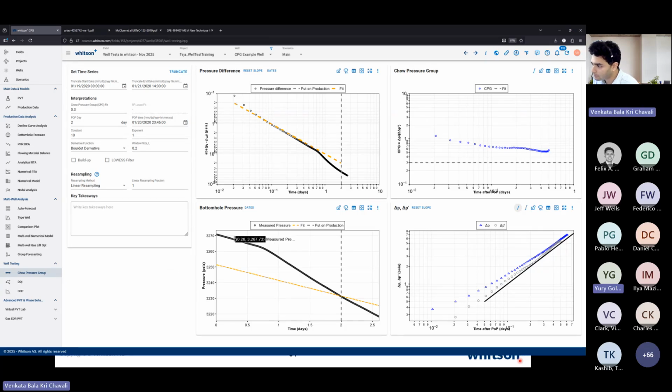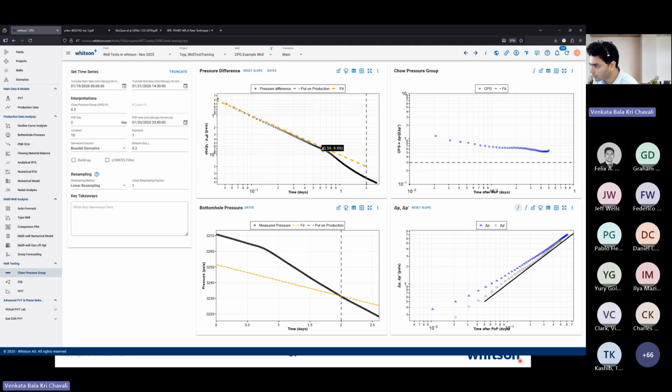Yeah, no, that's a good point. So on that first question, the recommended resolution for the Chow Pressure Group and the DQI, I believe that, given that these are 2-day tests and mainly what you're trying to infer is this change or that deviation between the prior and the post, you see how even if I throw out half the data, I might still have the same inference. Do you see that? And now this I know is a very idealistic case where the pressure data is pretty smooth, but why would you not expect a smooth pressure trend? So the idea is, yes, it can be